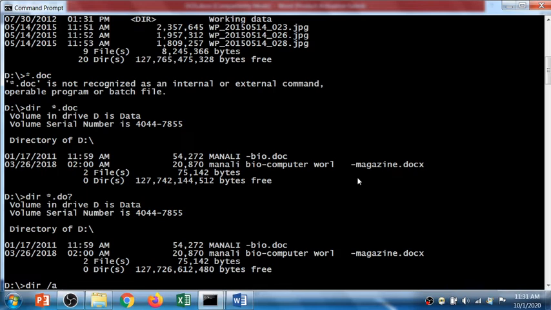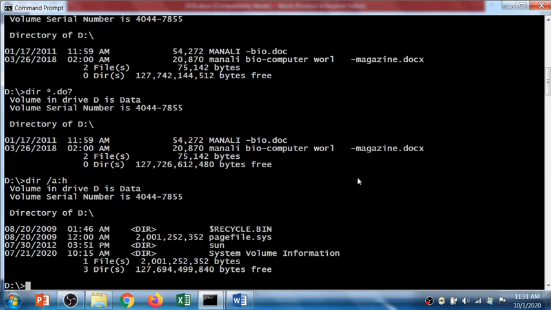So slash a, and if you want to use any value of that attribute, you have to use a colon symbol, and h for hidden files. So you want to display the hidden files and the folders available in the drive. It gives me the information that there is one file and three directories hidden.